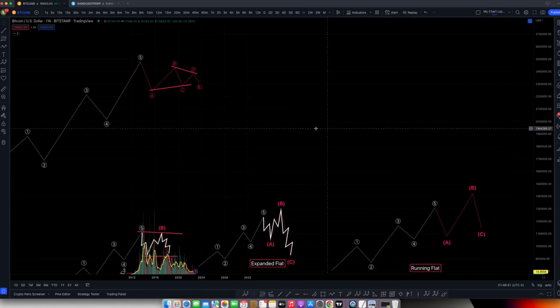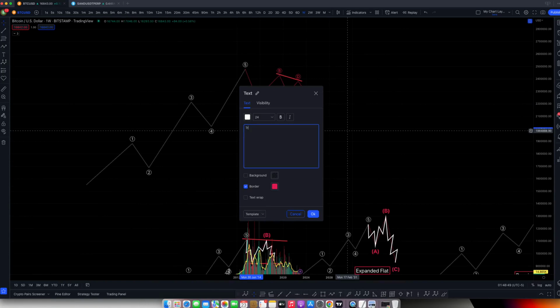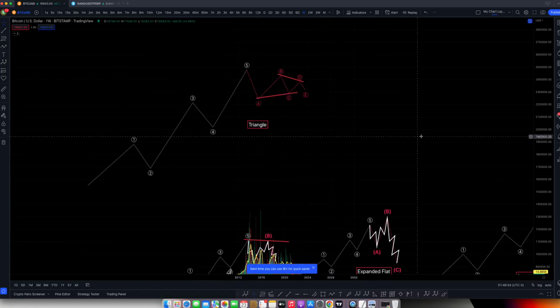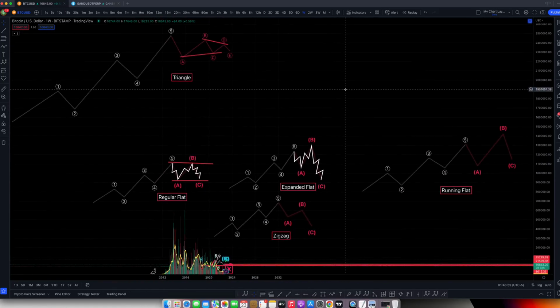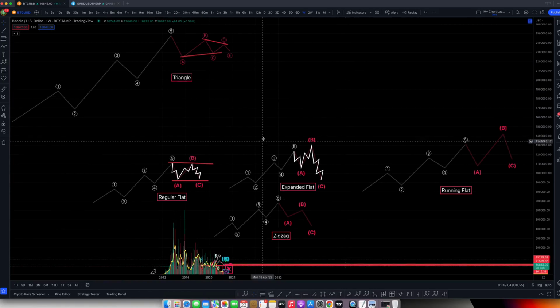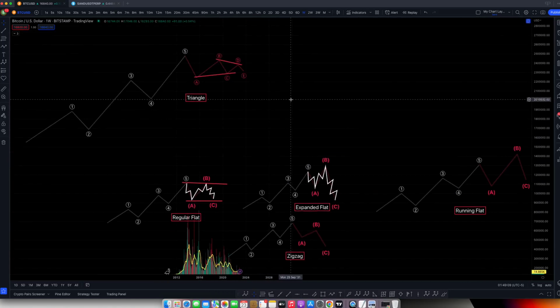So these are the patterns. Let's just name this also. I'm saying triangle, or we can simply call it A, B, C, D, E, right? So this is triangle. Now these are the patterns that happen, I would say, 80% of the time. This is what you will see 80% of the time. Rarely you will see these double three or triple three or double zigzag, and trust me, we don't have to go into even the details of these structures, because we are not trading the corrective patterns,